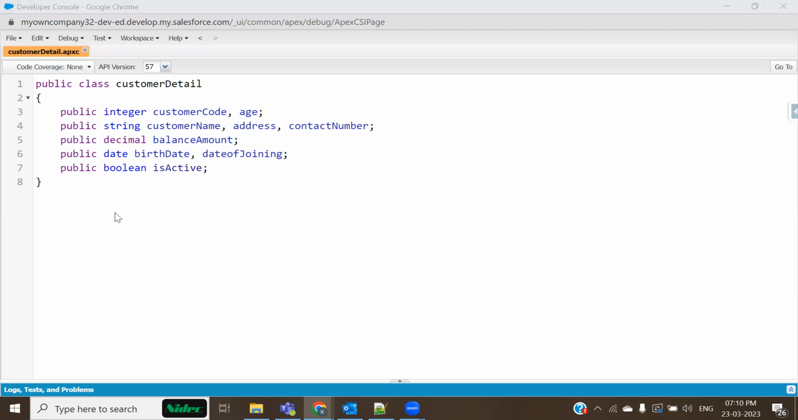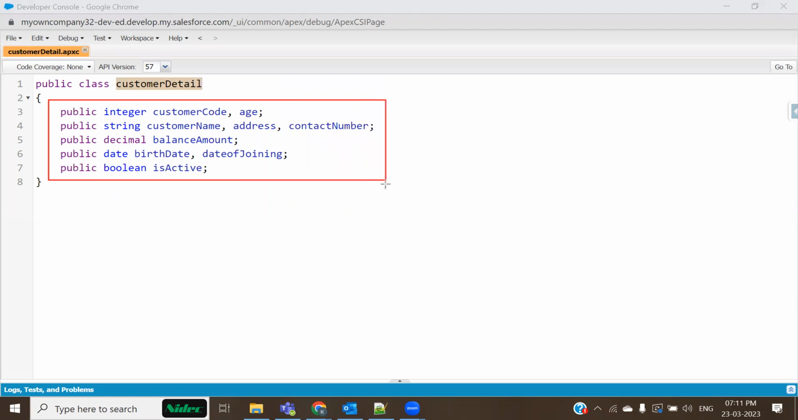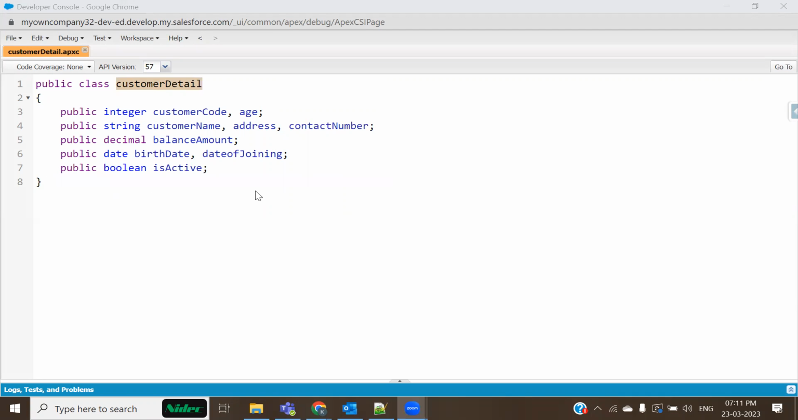Understand. I have just created a class over here with the name CustomerDetails, and this class has all these variables, whatever you have defined inside a class. Some of them are integers, strings, decimals. And in the coming days, we are also going to create methods inside the class. So both of them, whatever you have defined